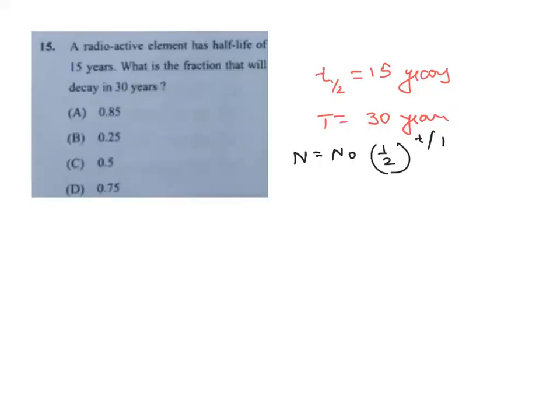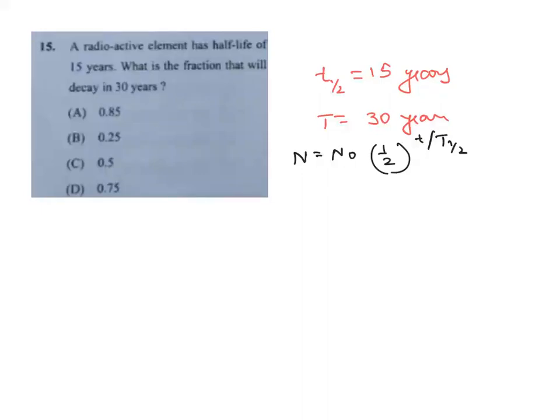A radioactive element has a half life of 15 years. So T1/2 is equal to 15 years, they have given. What is the fraction that will remain decayed in 30 years? Okay, so let me take t equal to 30 years. Now I have taught you, which formula do you use at this time? Actually N is equal to N0 into 1/2 to the power of t divided by